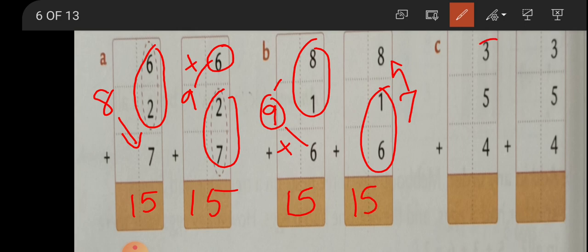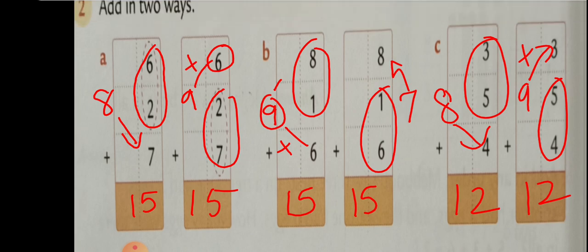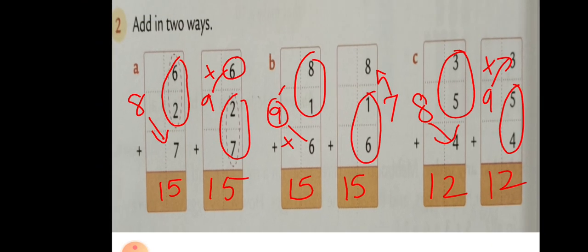Okay, now first you add 5 plus 3. 5 in mind, 3 fingers up, forward counting after 5: 6, 7, 8. Here you get 8. Now this 8 in mind and 4 fingers up will give you how much? Count ahead of 8: 9, 10, 11, 12. Here you get 12. Okay. Now here you add first 5 plus 4. 5 in mind, 4 fingers up: 6, 7, 8, 9. You get 9. Now add 9 with 3: 10, 11, 12. Okay. This is how we have to add.